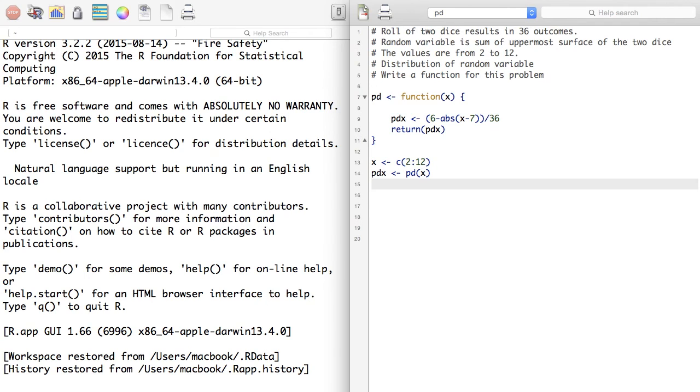Now I converted PDX into numerical PDX, right? And I do a bar plot of PDX. The main of this bar plot is dice distribution.